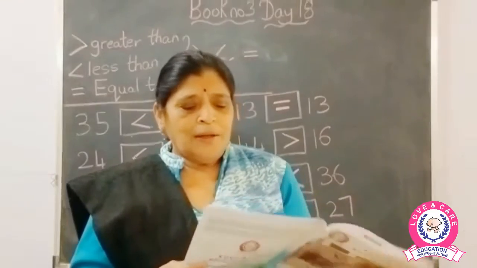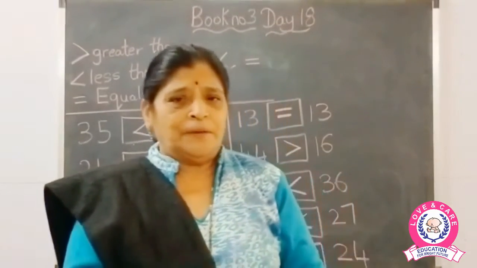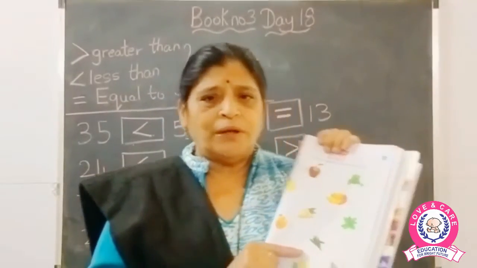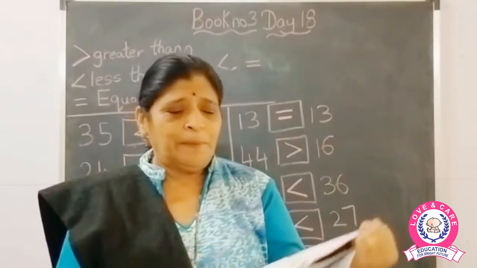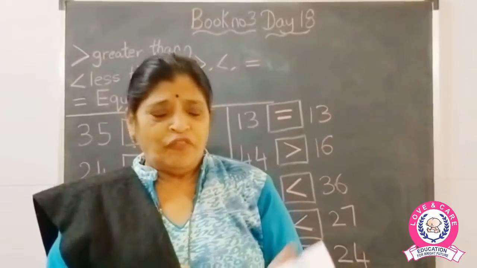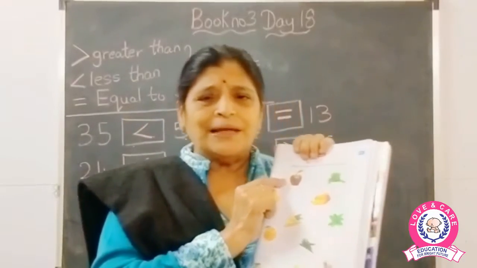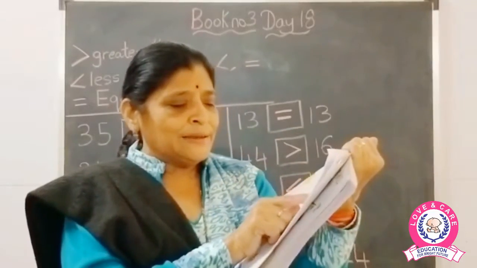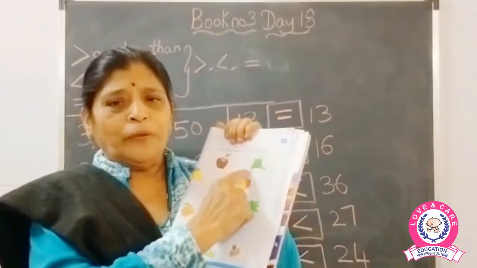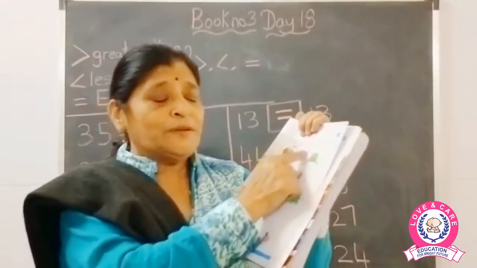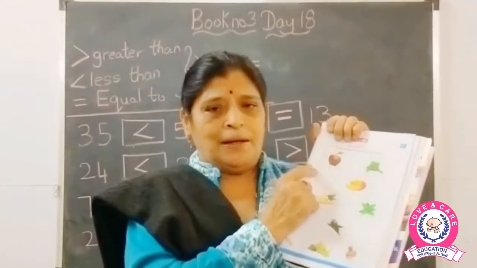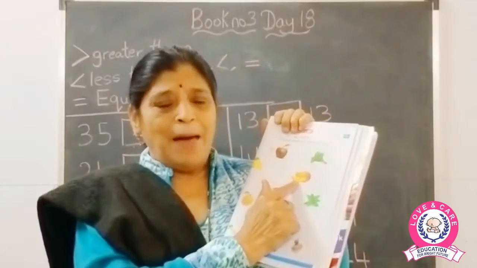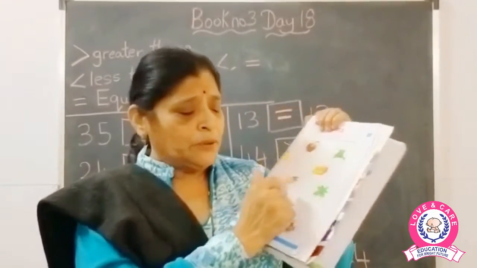Okay? Now here this is an activity. Here circle the vegetables and cross the fruits. So you have to circle vegetables and put a cross on the fruit. See, what is this? Apple. So this is a fruit, so put a cross. And this is coriander leaf, so here you have to circle it. Okay, this is a lemon. It is a vegetable, so you have to circle it. What is this? Mango. Here you have to put a cross.